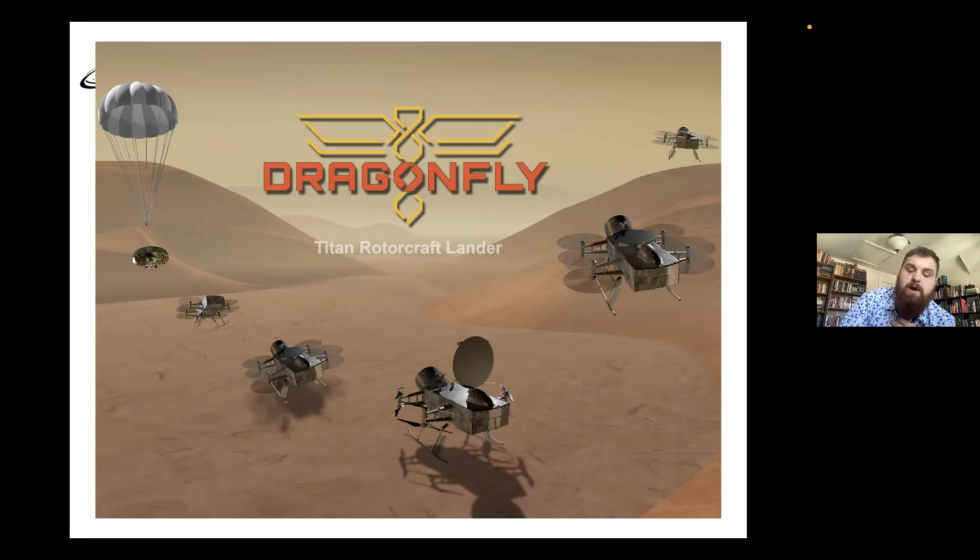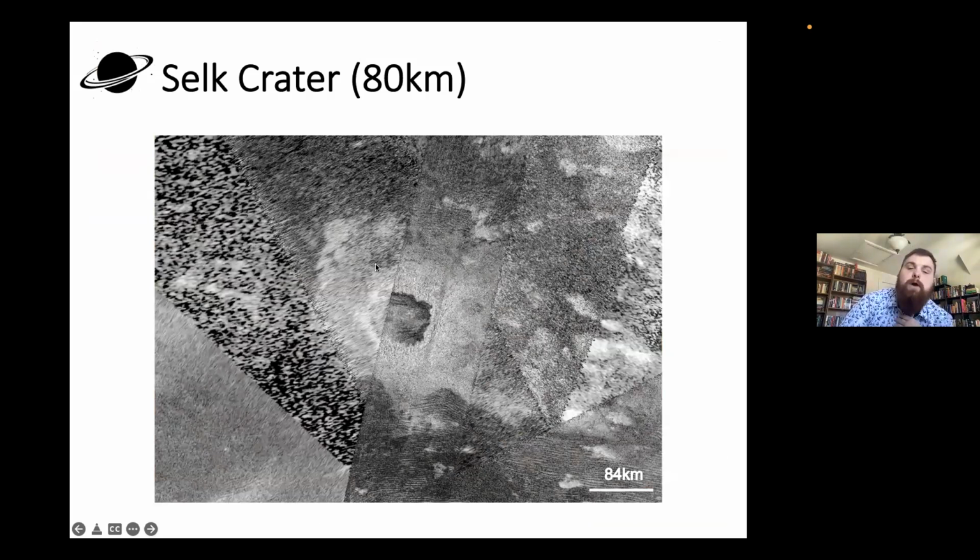So they're investigating a lot of different things on Titan, but one of the places that they are aiming to go to in the final stages of the mission is going to be Selk Crater, which is an impact crater that exists along the equatorial region of Titan. The reason I care about this is for a few reasons. The equatorial region is known for having a large amount of sand dunes, these little black streaks, known as organic sand dunes.